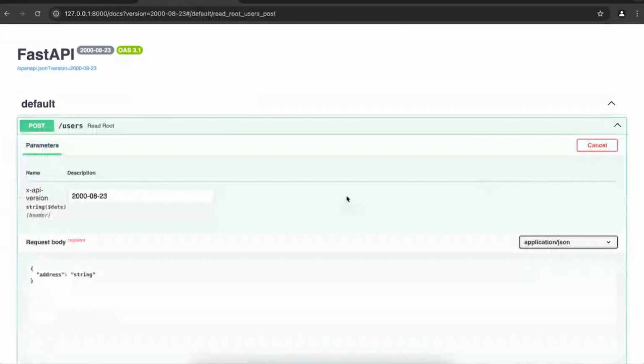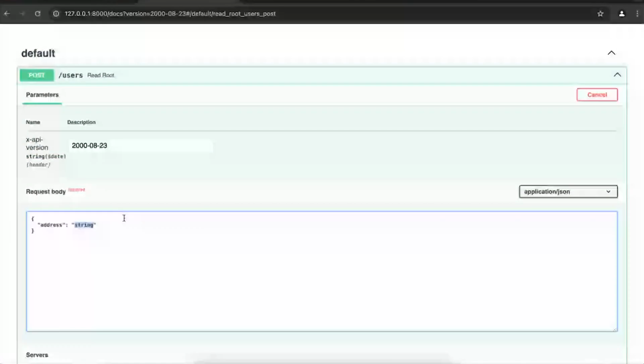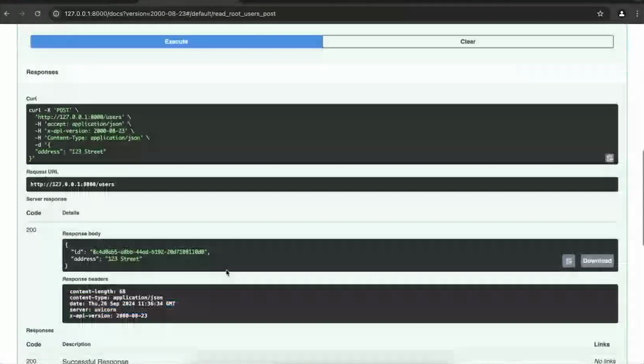So by default, all endpoints that you create are contained in all versions, which means that it's really easy to keep the versions in sync, unlike when you're copying them into every new version. Now, let's try creating a user here. Okay, we have created, let's see, 123 street, whatever. Okay, we got our user here, and 123 street.